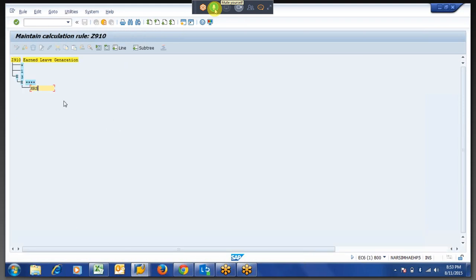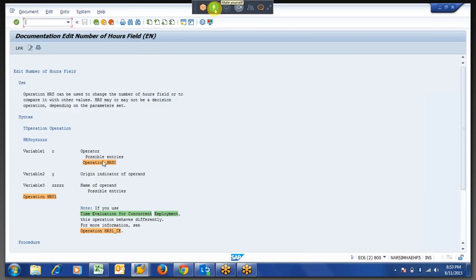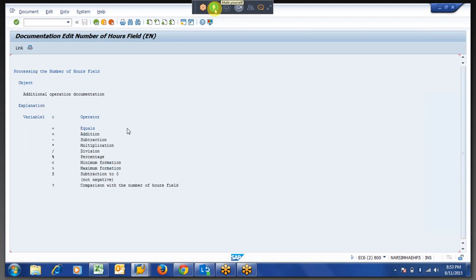I am putting HRS because I am using this operation. What will it do? I am saying HRS is equal to over here. That is an operator. If you go to the screen, after HRS, if you select the first one, you will get all the operators available. These are all SAP standard. You can use only these, whatever you want, so equal to and whatever symbols are there. So I am saying HRS is equal to. That is the operator which we are using.